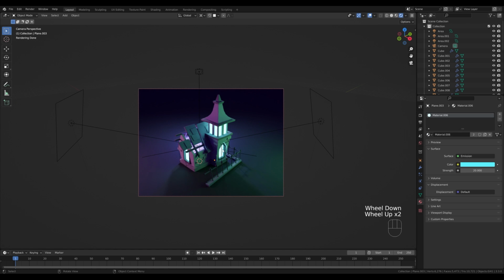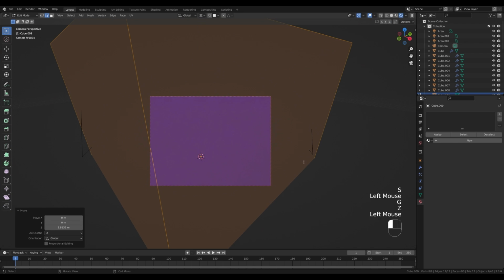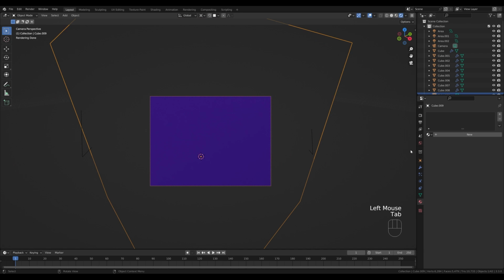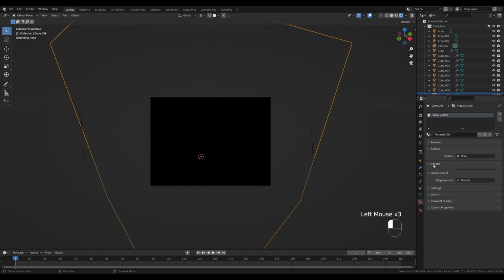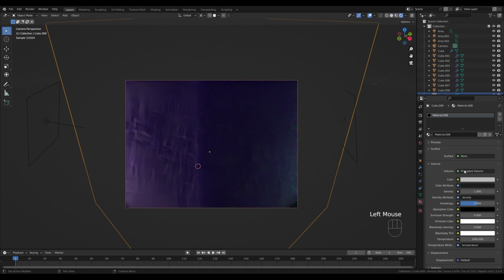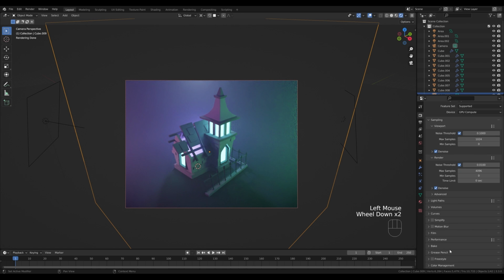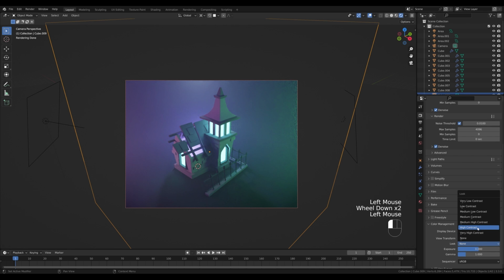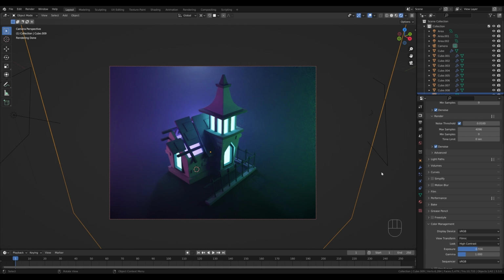And to support the spookiness, we can just press Shift A, add a cube, tab into the edit mode, make it really large like this so it engulfs the whole scene. And now in the materials, let's create a new material. Let's remove the surface shader and let's create a principled volume shader in the volume section, and let's bring down the density to something like 0.015 to have some fog. And now in the render settings, we can go to color management, set some high contrast option and play, you know, with the exposure. So that's your spooky house here,